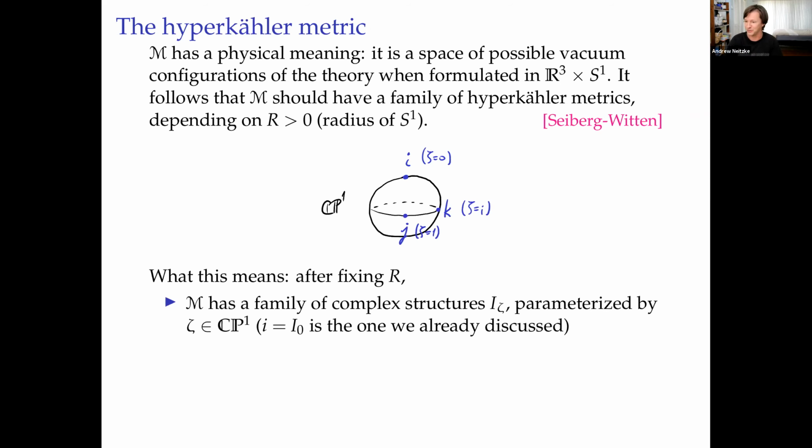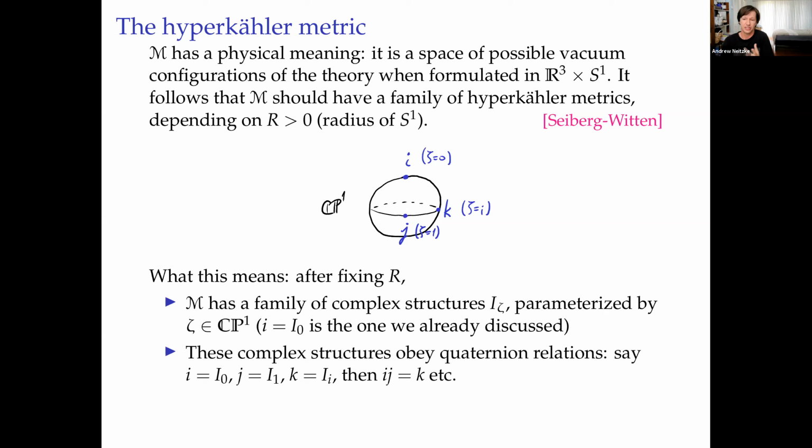But in fact, one of the big insights in this subject, due to Hitchin, maybe due to Penrose and Hitchin, is that it's good to think of that S2 as actually being CP1. Okay, so when I described this space to you, I described it as a complex space. I said it's a complex integrable system. And so one of these complex structures is the one we already discussed, and that's the one at zeta equals 0, at the north pole of the twistor sphere, as I'm drawing it.